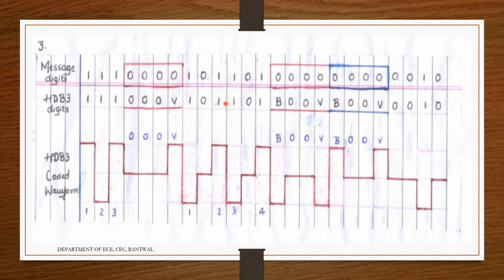Okay. Then again coming to this sequence. How many ones are there? 1 2 3 4. I have denoted here also 1 2 3 for this one, 1 2 3 4 again for this one. So again even, previous bit is plus, so it should be represented as minus 0 0 minus. Now the previous bit is minus 1. I am considering because no bit, so even should become plus 0 0 plus 0 0 plus, again remaining the same.